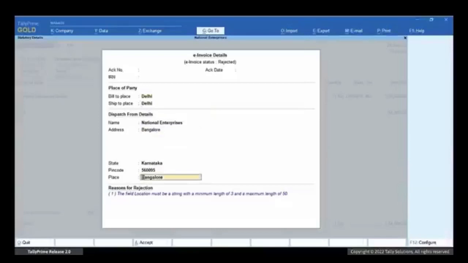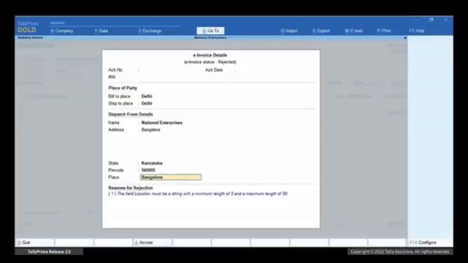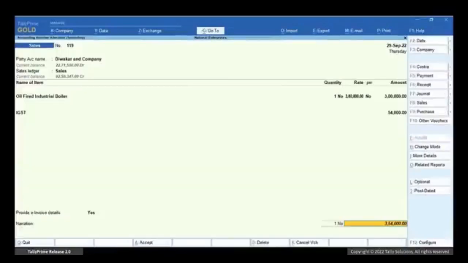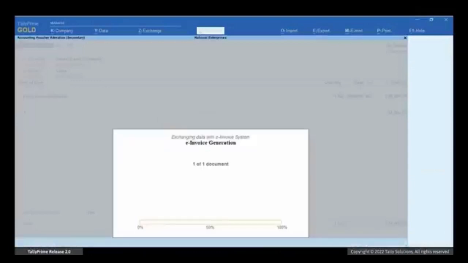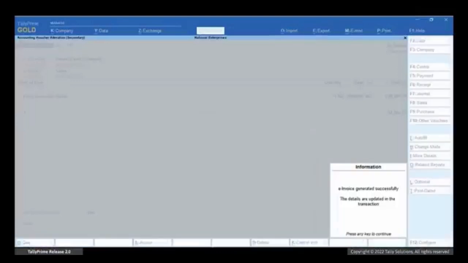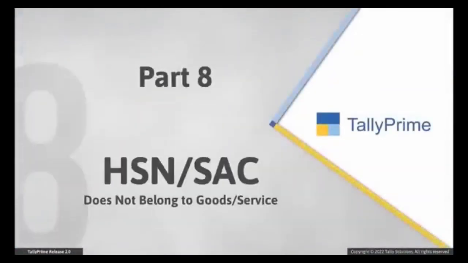You can see that the place is updated as per the update under F11 company features. Press Ctrl-A to save the screen. Press Ctrl-A to save the transaction and press Y to generate e-Invoice. The e-Invoice gets generated. Now, it may happen that you have specified an SAC code for a goods item or